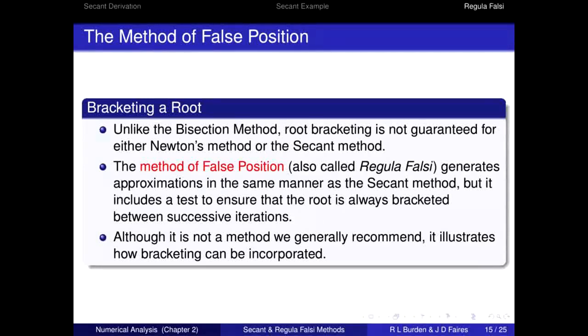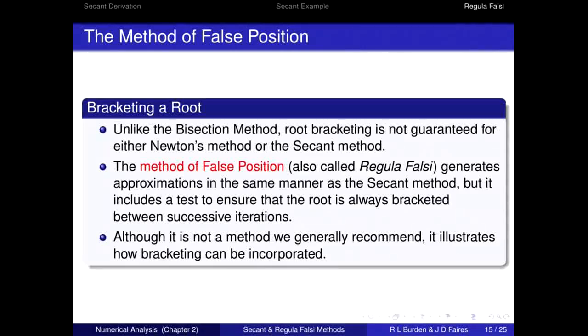You have to ensure that, and then you apply the Regula Falsi formula to proceed between successive iterations. It illustrates how bracketing can be incorporated, and how it makes it possible to use fewer iterations as compared